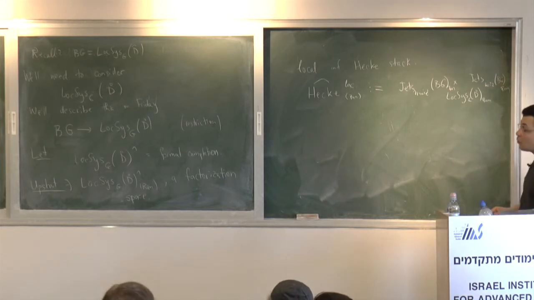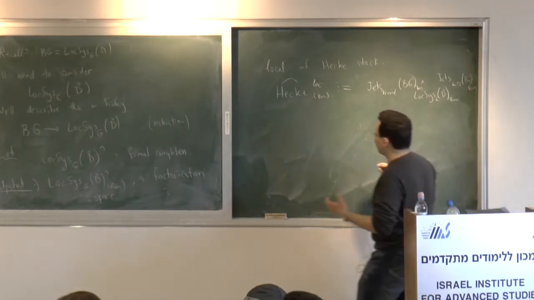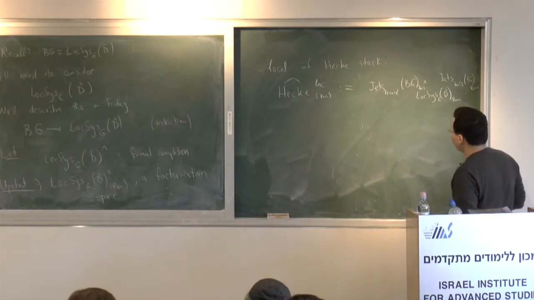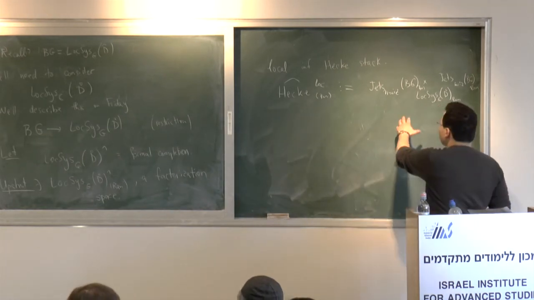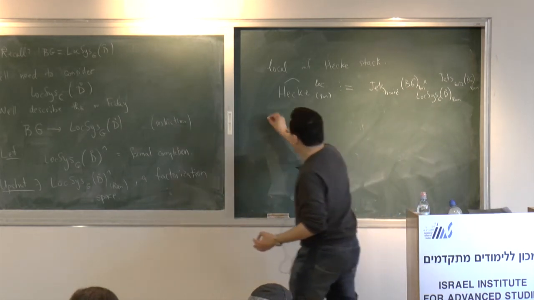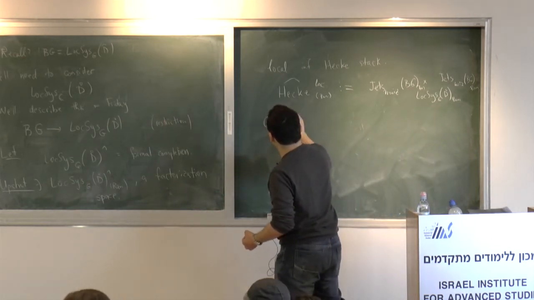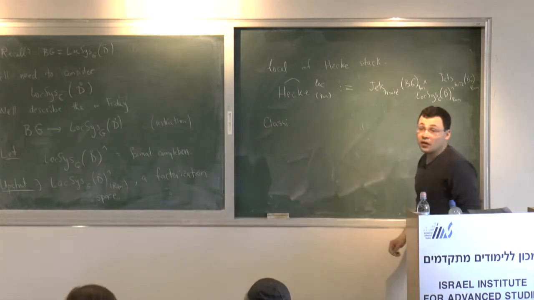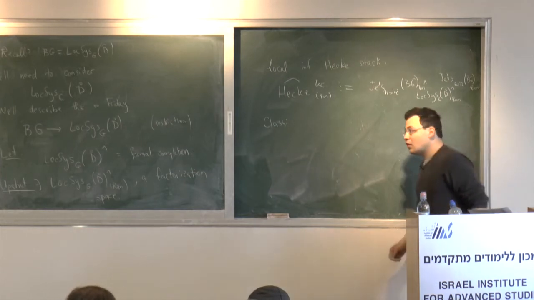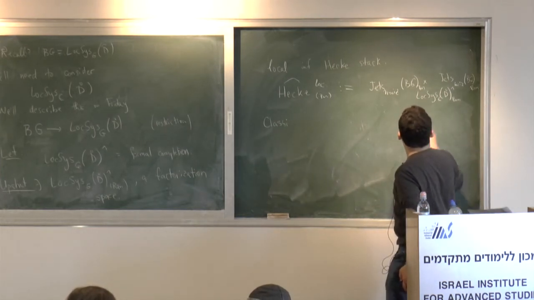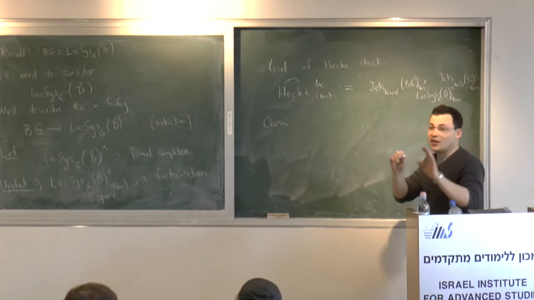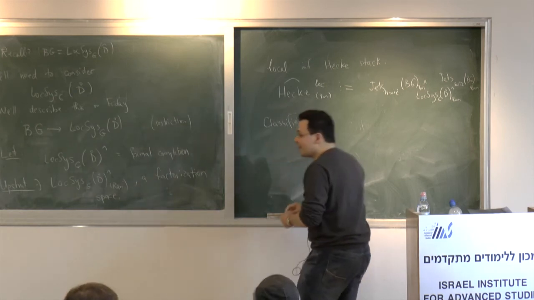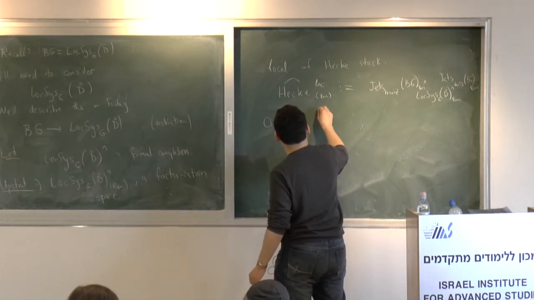So this is a funny looking formula, but all it says is something very simple. The reason I use the word Hecke is because it's a stack that classifies the following data. So what does it classify? Well, okay, never mind. Let's pretend I didn't say that. So it classifies the following data.